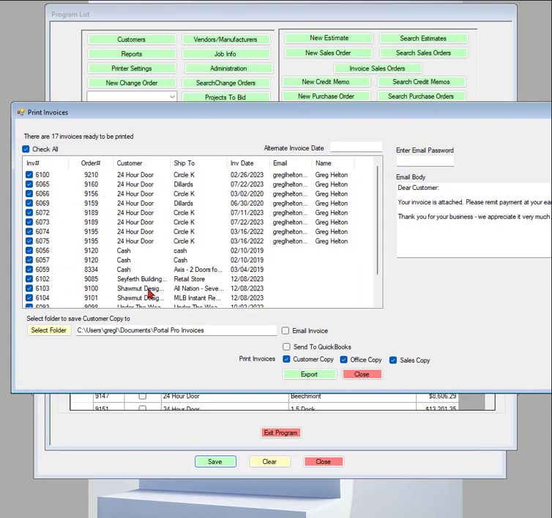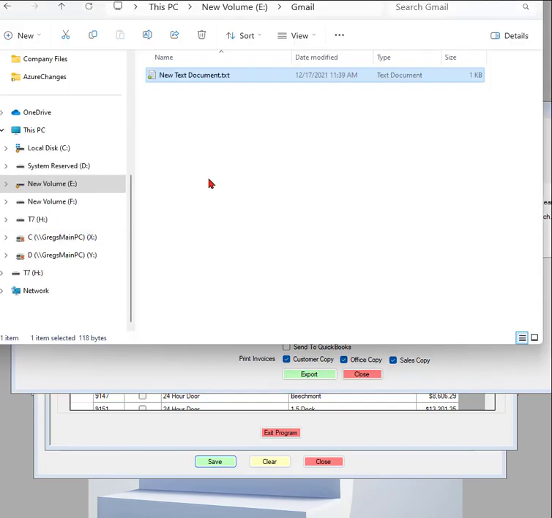When you create this customer copy of an invoice or purchase order or whatever, those copies will be saved